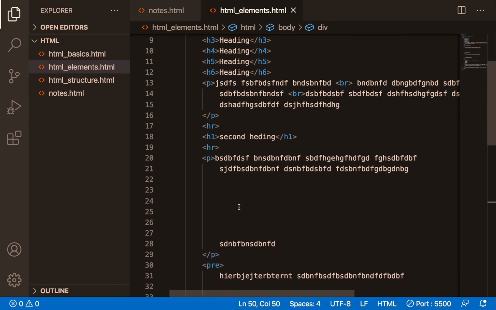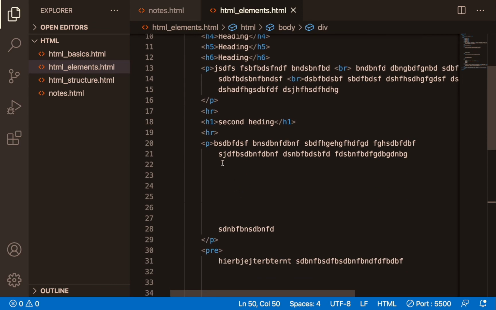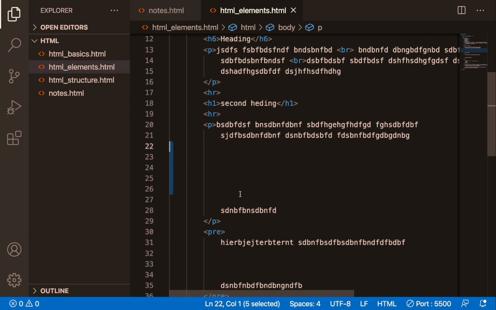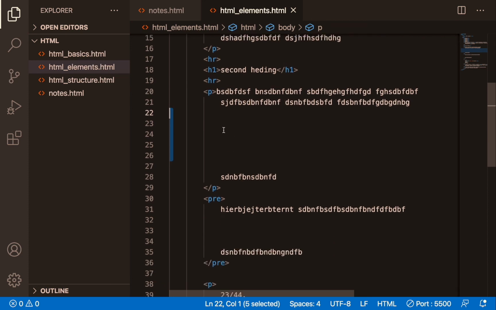And the browser will ignore the empty space you give. It will not take more than one space. It will ignore the spaces if you give multiple lines or multiple spaces in between the text. To fix that, you can use the pre element. Whatever you write in the pre element, it will consider the spaces also and show them in this HTML page.